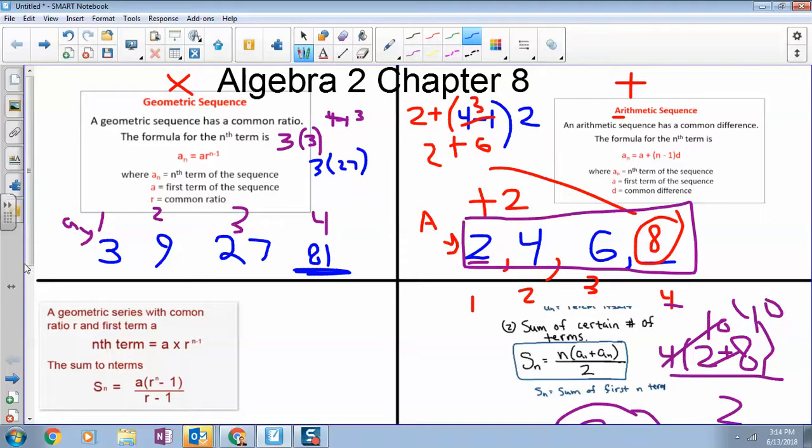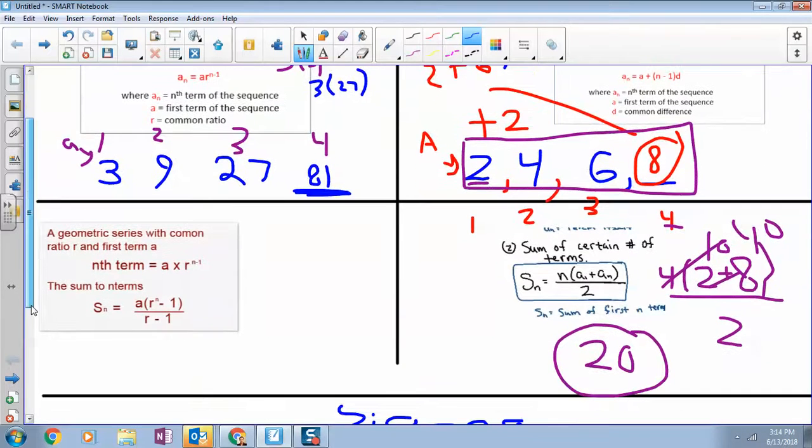Alright, we can also find the sum of a geometric sequence. The way you find the sum of a geometric sequence is this formula right here. So let's just plug it in. A, as you guys remember, is the first term. So A, like we said, is 3 times r to the nth power. We're trying to find the sum of the first 4 numbers, right? So r is our rate. We're multiplying by 3. So we're going to plug 3 in for r. N, we're trying to find the sum of the first 4 terms. So n is going to be 4